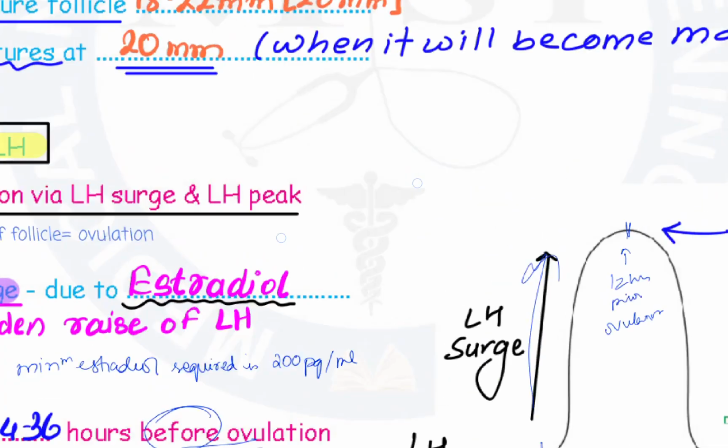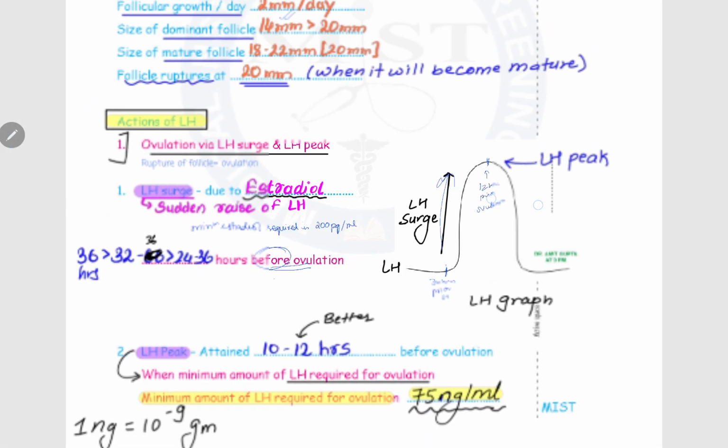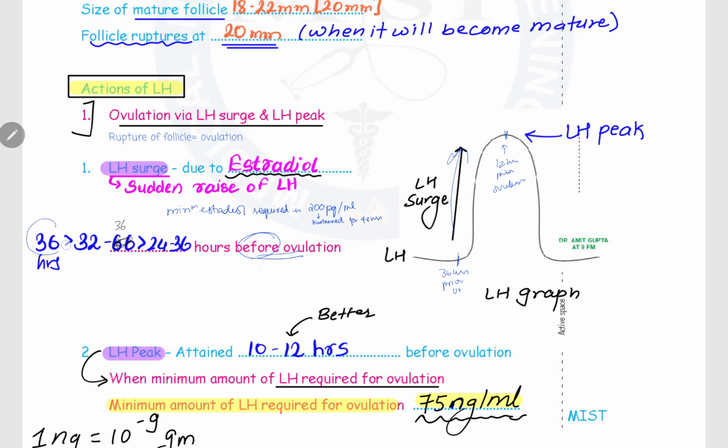Which should be sustained for 48 hours. Sustained for 48 hours. Now we have how many time numbers and how many amounts. So we have 36 hours, we have 10 to 12 hours, and we have 48 hours. Okay, so LH peak is 12 hours prior to ovulation, LH surge is 36 hours prior to ovulation, and the minimum estradiol